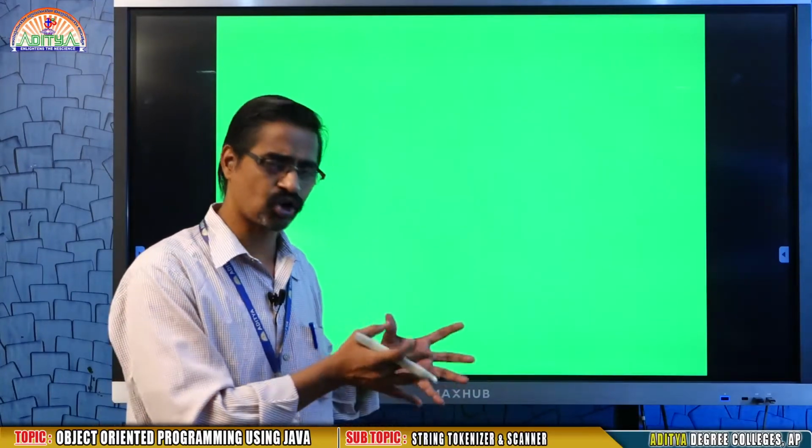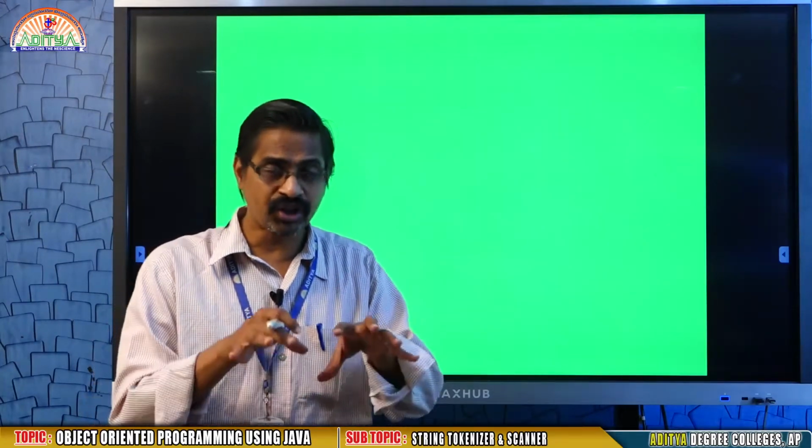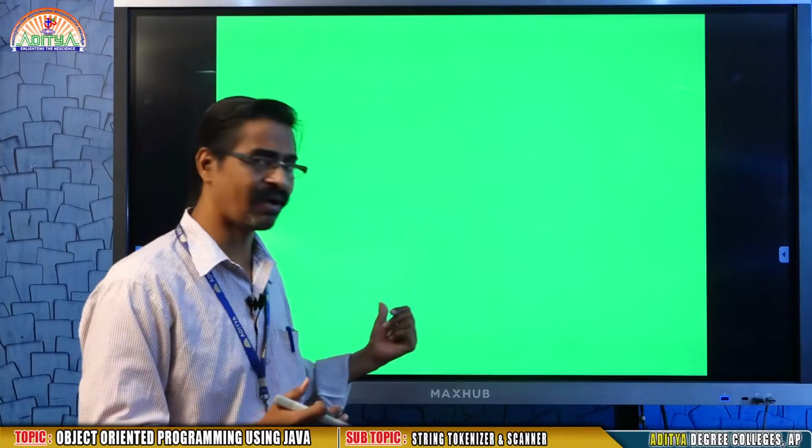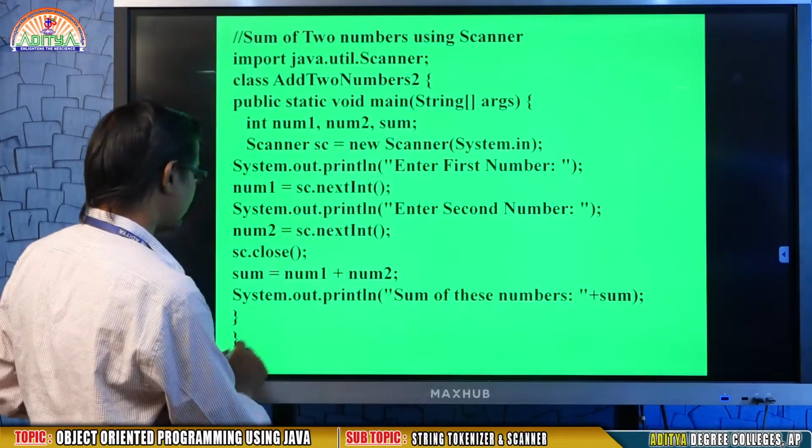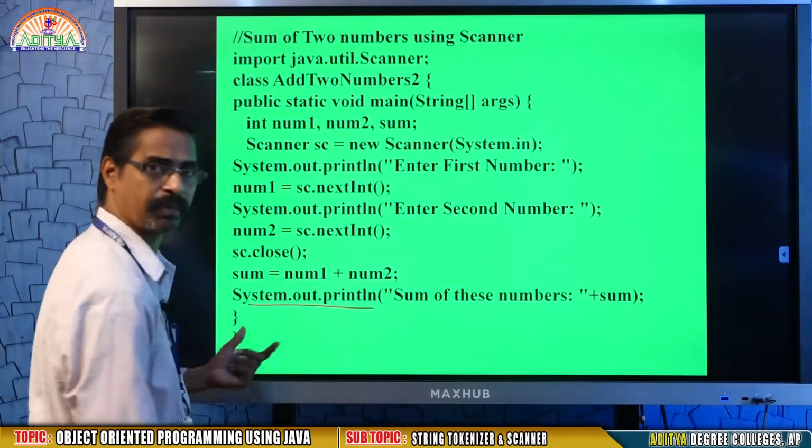I explained the topics with simple examples. Now we know how we read values from the keyboard and how we print values on the screen. We are printing values with the help of System.out.println.